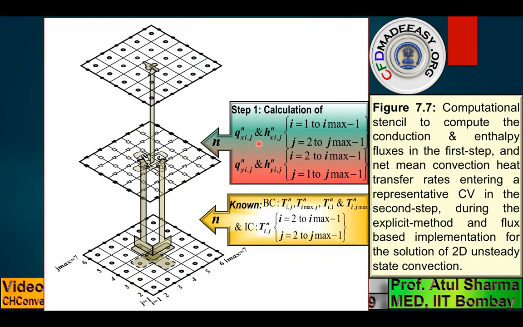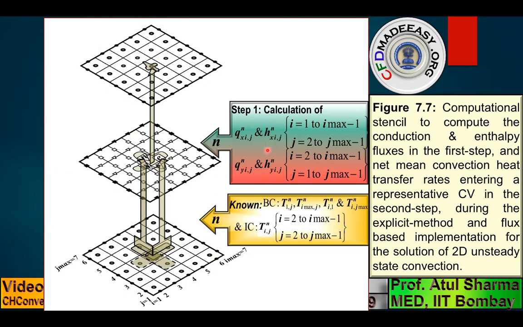the green square that I had shown in the previous slide corresponds to 6 in the x direction and 5 in the y direction. And the red inverted triangles were 5 in the x direction and 6 in the y direction, where these flux grid points are shown at the boundary of the domain also. However, a point to note here is that while calculating the enthalpy fluxes, you will use the advection scheme for the enthalpy flux grid points which are inside the domain.